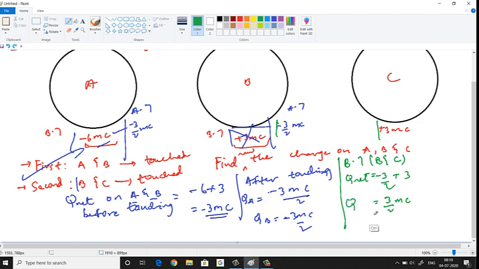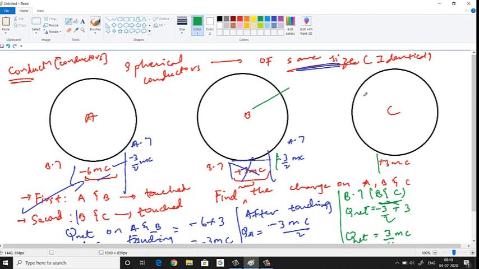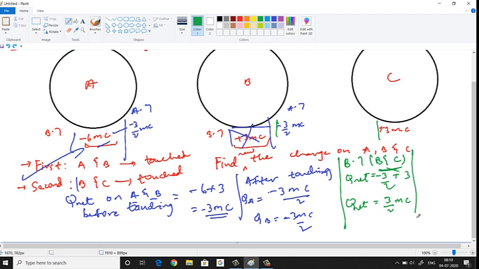This is the net charge on B and C together. Okay, this is a net charge on B and C together. Now, this charge is going to distribute equally on what? B and C. So, how do we get that charge? So, let me write that here. So, on B, the new charge now is going to be what? 3 by 2 by 2. Because the net charge, half of this charge is going to be on B. And half of the charge is going to be on C. So 3 by 2 by 2 is how much? 3 by 4. So charge on B, the new charge on B is 3 by 4.